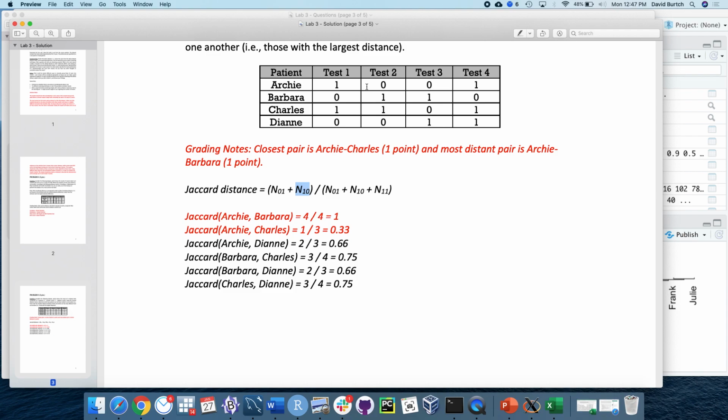That's all 4 of these, right? Mismatch, because they have different numbers between Archie and Barbara. Like all the tests were different. Between them, they don't match each other on any of these 4. So it's 4, and the denominator is how many dimensions where at least one person was positive. That's all 4. So of the cases where at least somebody came back positive, we're different on all of